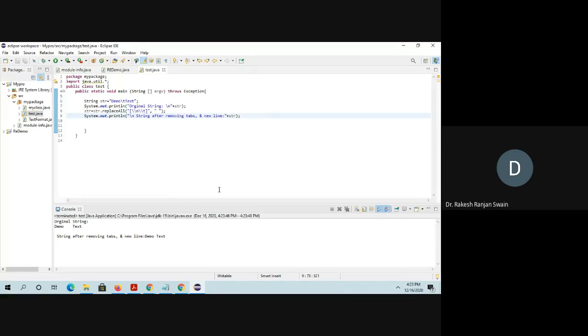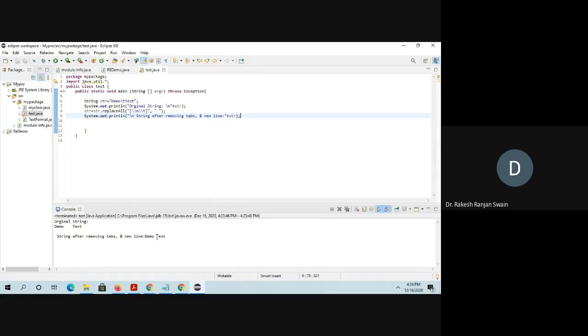Here see, string after removing the new lines and tabs. Here it is demo text. Here the tab character is there, and I am replacing the tab character with a space. So only a space will come instead of the tab.